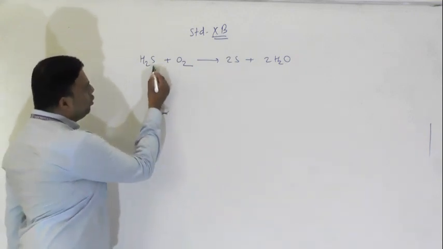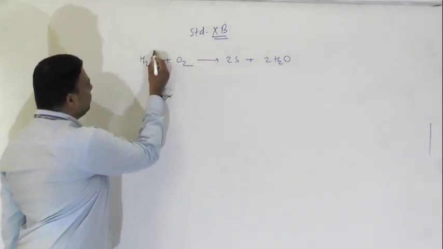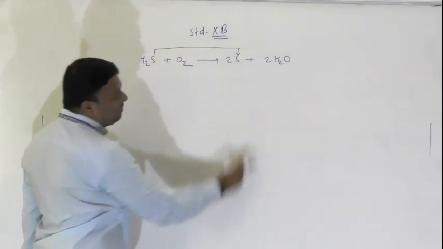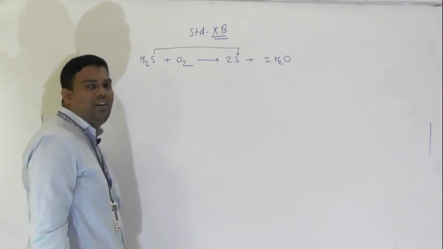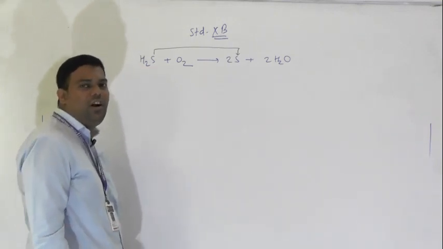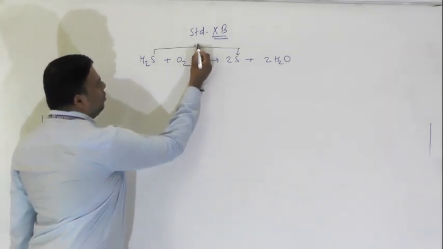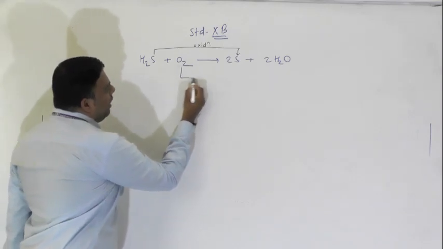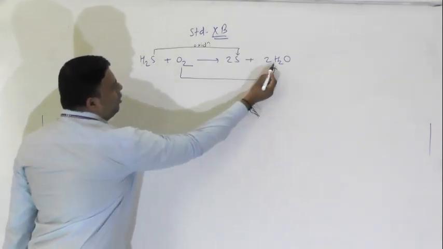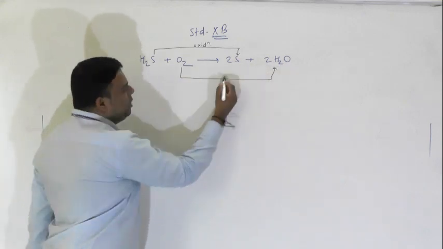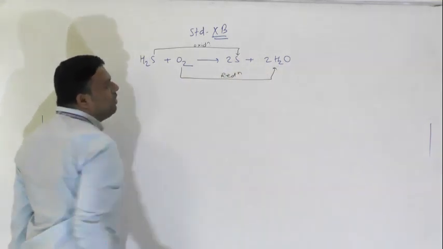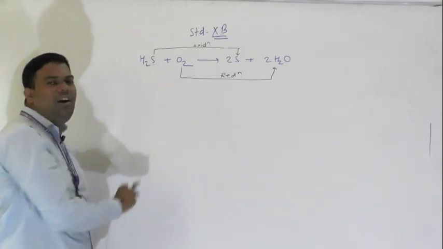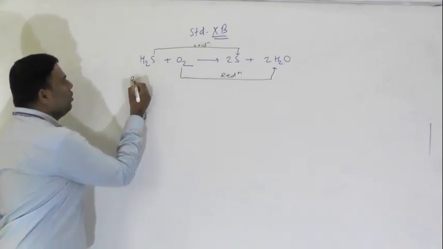Now see here, H2S. From this H2 to this sulfur, removal of hydrogen is what? Yes, removal of hydrogen is oxidation. And here, O2 to H2O, addition of hydrogen. So addition of hydrogen is what? Reduction. So we conclude that here H2S acts as a reducing agent,